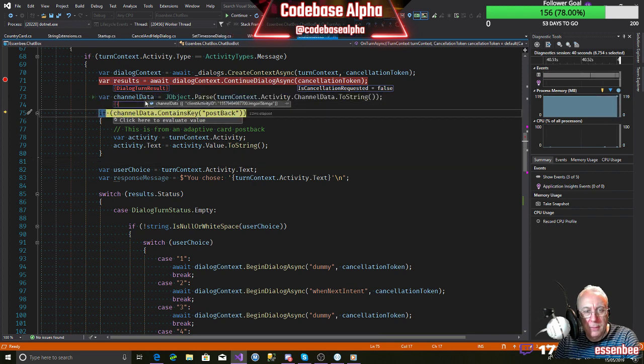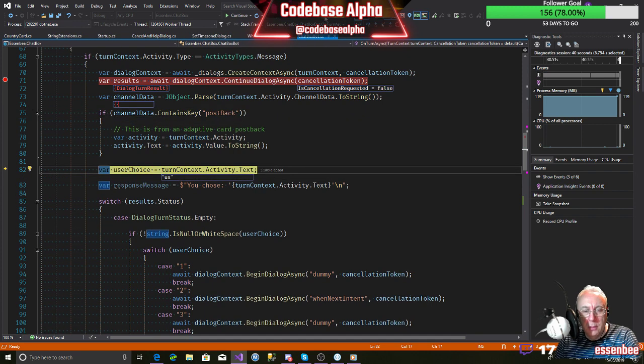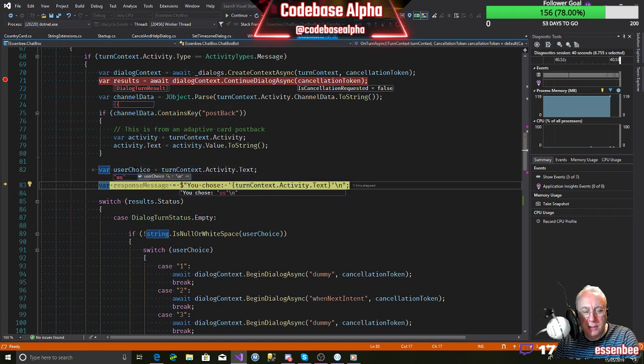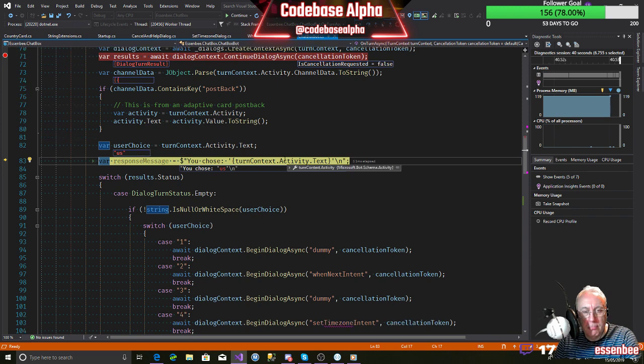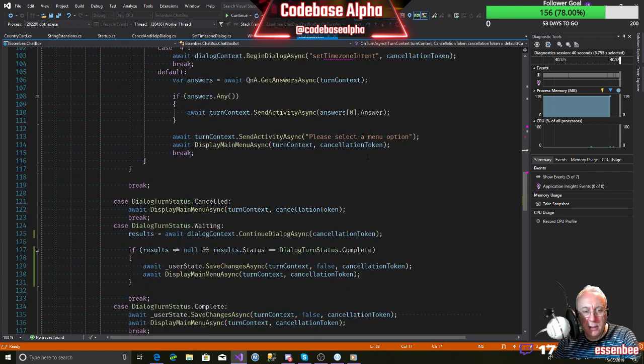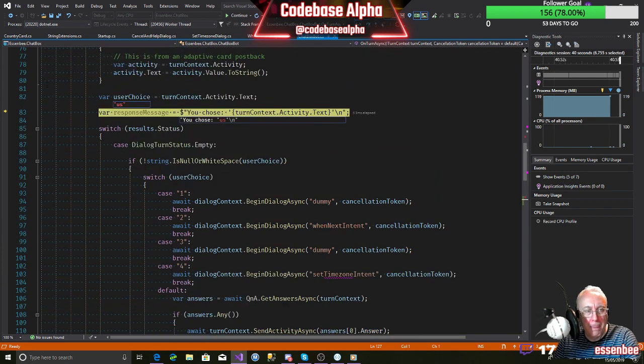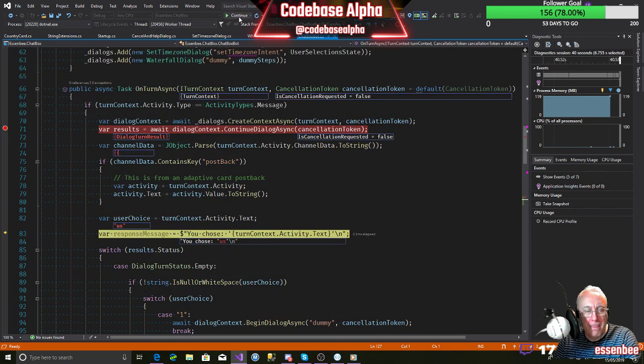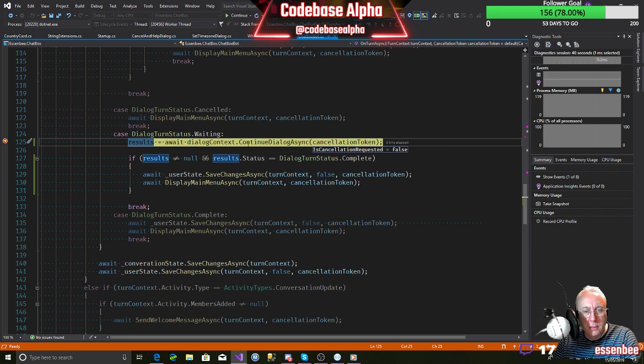Channel data doesn't contain a postback because we didn't post back. We typed in the word US, so it's going to skip over that. So now the user choice is US. So we say, okay, what's the status? The status is waiting. So we're next going to fall into this part of the switch statement. So then it says continue dialogue. And I think that's the problem.